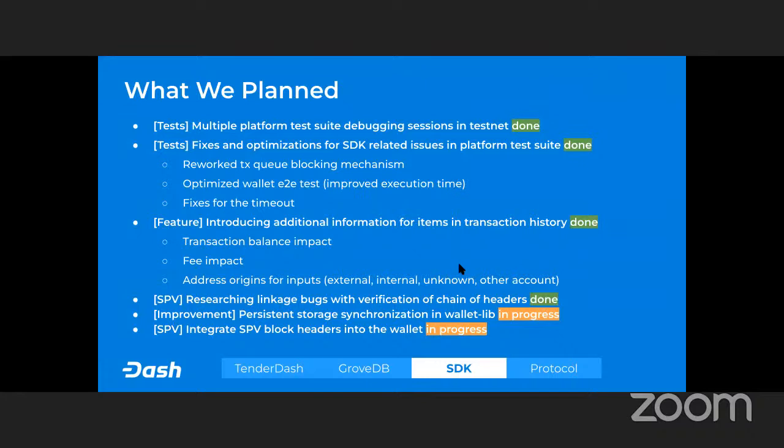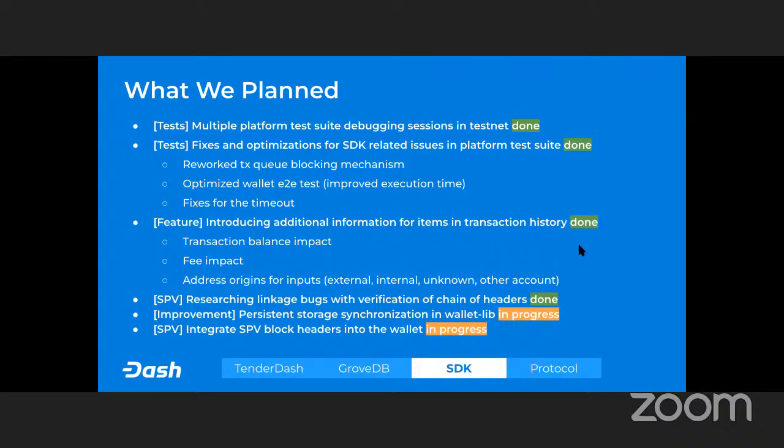And we fixed a couple of issues with the SDK related to transactions queue broadcasting, and we optimized the wallet end-to-end test, which in Dashmate, for example, was running quite fast, but in the real network, it took some additional 10 minutes, which we saved with this optimization.